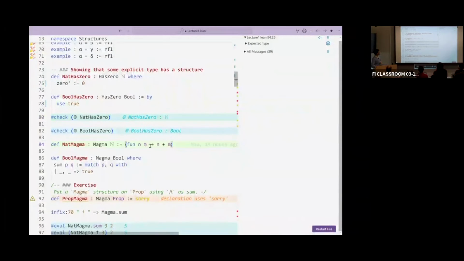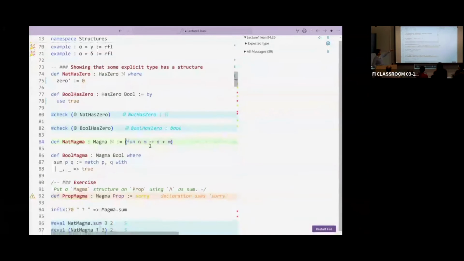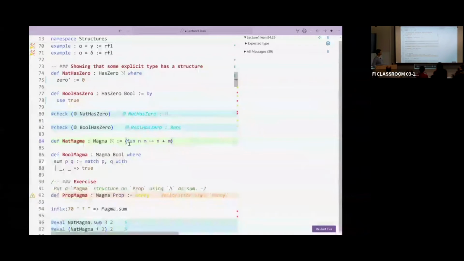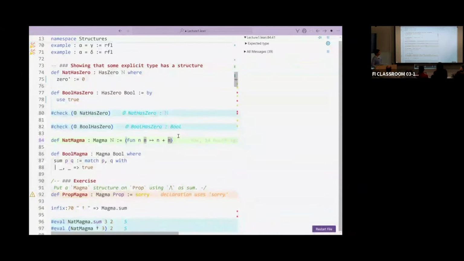Okay, now I want to put and so on. This is the way you build things in general. You want to define a magma structure on N. I'm suggesting that you use the addition that has already been defined. But there is one important thing that I'd like to stress here, that the fact that I'm here able to use this symbol means that, or perhaps I should say something better.